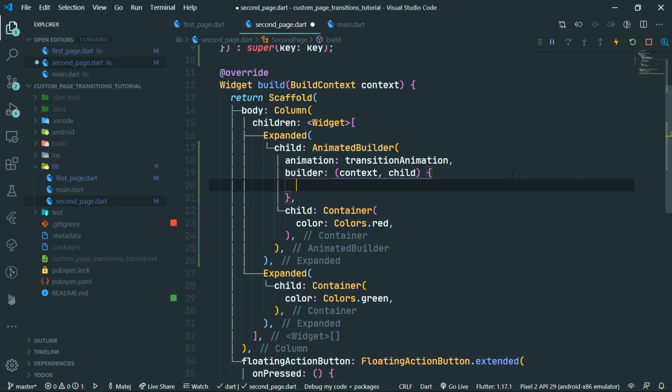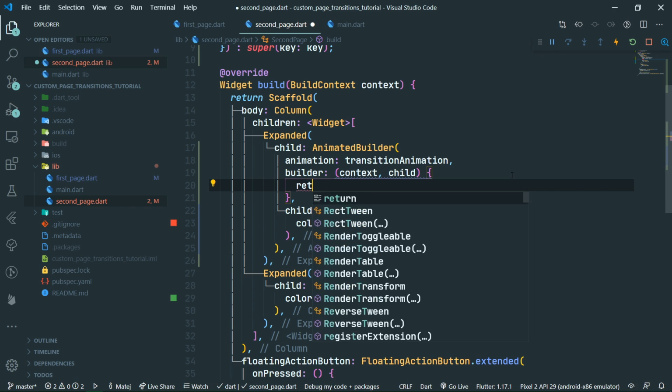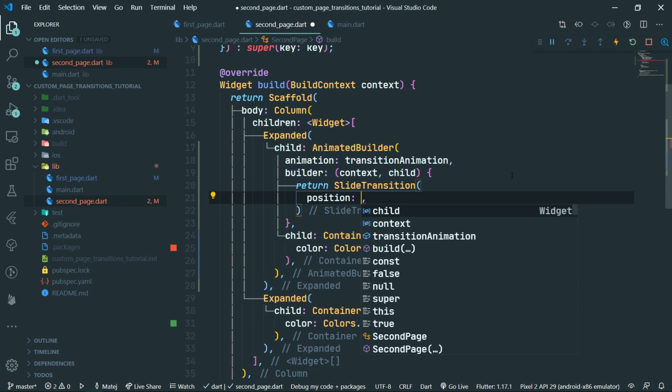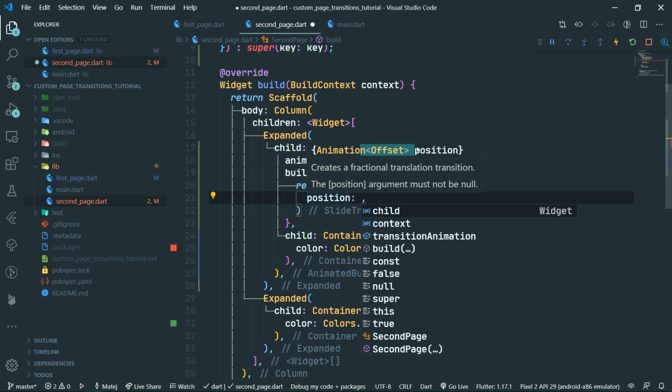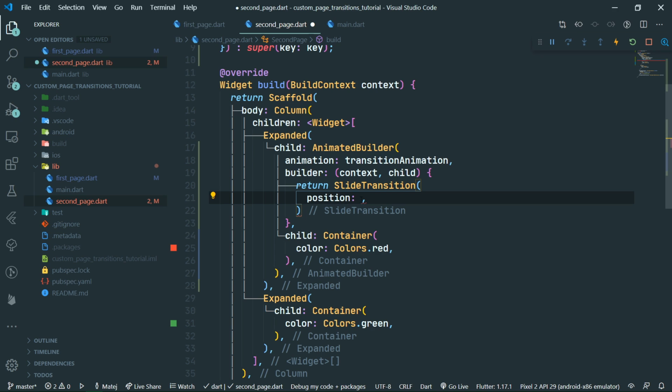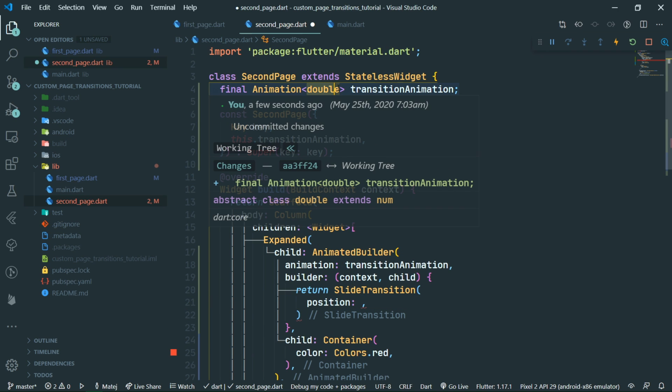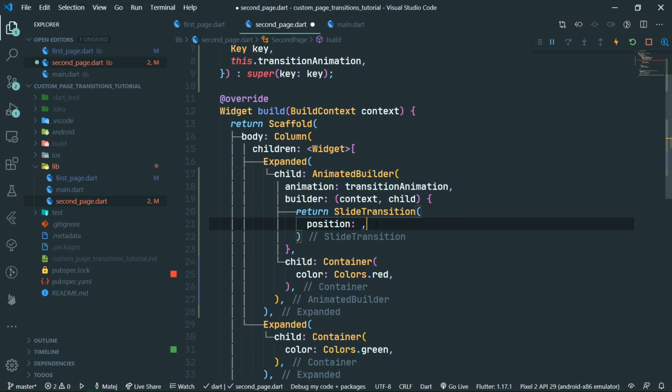So again, what do we want to use here? Well, we want to use slide transitions. So return SlideTransition, and this takes in a position which is going to be of type Animation<Offset>. But we do not have an Animation<Offset> passed in, we have an Animation<double>. This is the perfect use case for using a tween. So we're going to create Tween<Offset>,